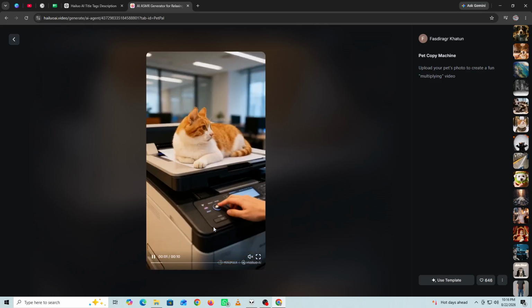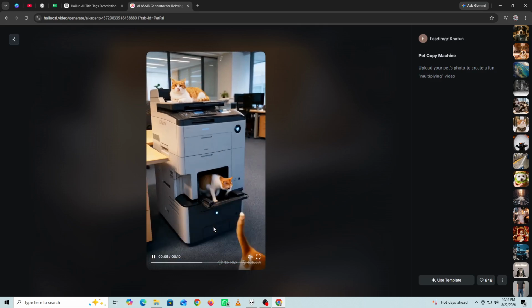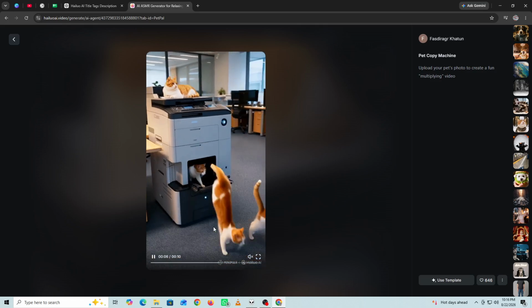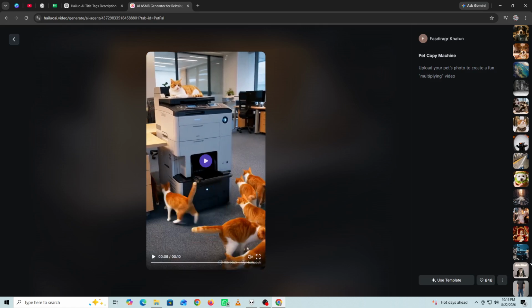If the first version doesn't look right, improve the prompt and generate another version. Try different concepts and camera movements to find the most engaging result. After you're happy with the video, save it and continue editing if necessary. You can add captions, music, sound effects, or other elements using your preferred